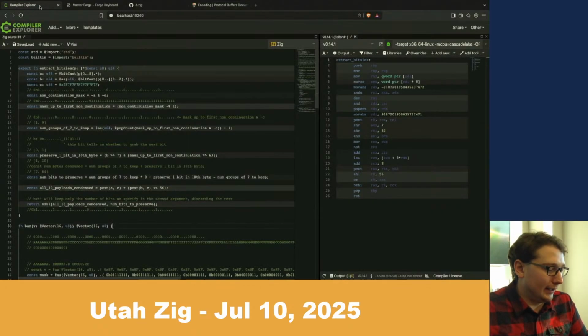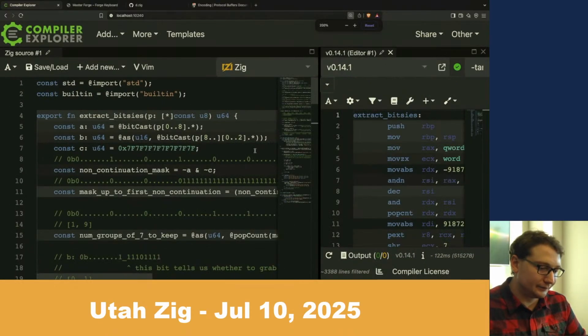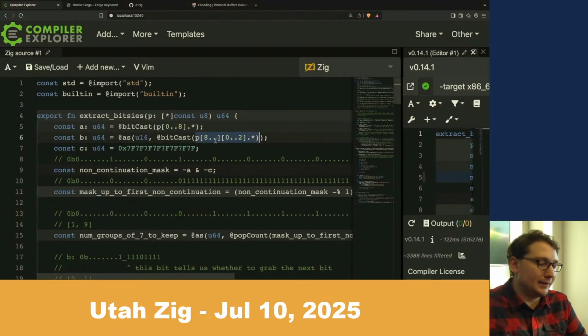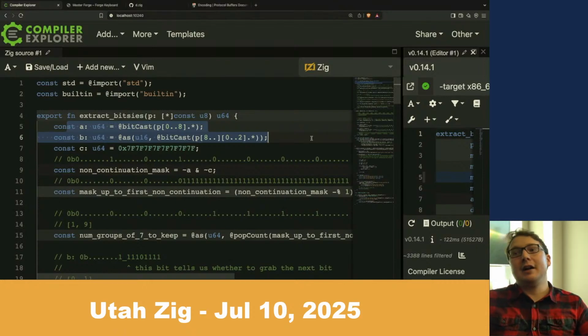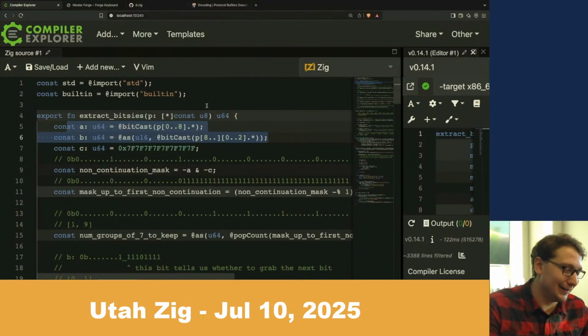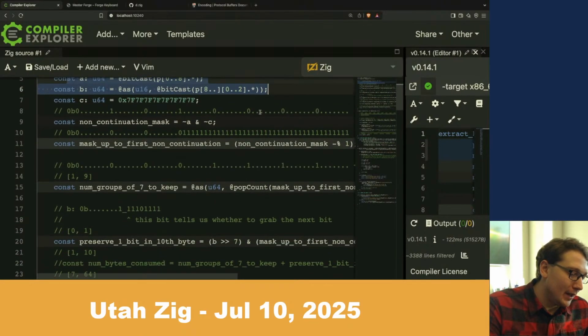I ended up writing a branchless version here, which is pretty cool. So I want to show how this works. First thing I do is I just read in 8 bytes and 2 bytes after those 8 bytes. Obviously in a real application, you have to make sure that it's safe to do this, that you actually have enough allocated, that you don't run off the end of a page and go into memory that will cause a seg fault. But just for the purposes of this compiler explorer, we read in 10 bytes,